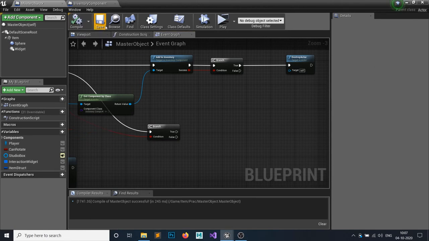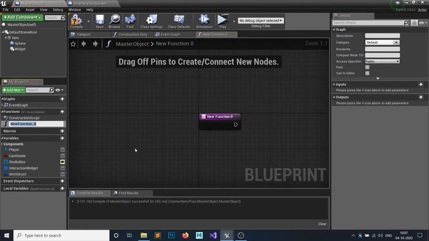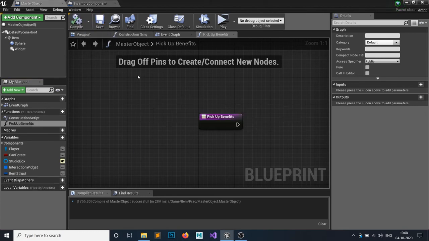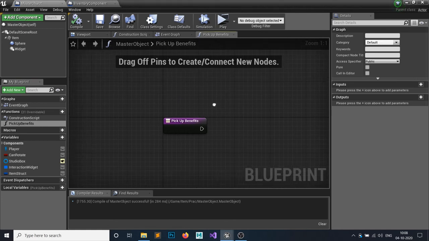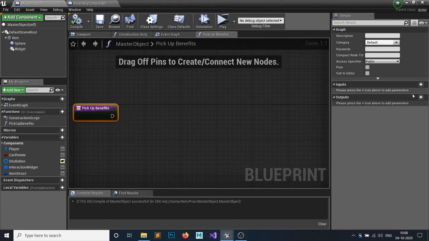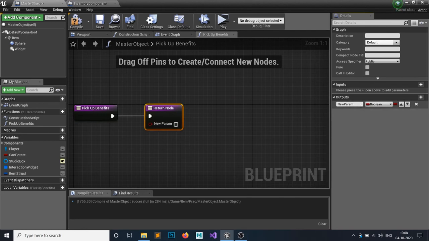So how are we gonna do that? Create a function in your master object, and I'm gonna call it pickup benefit. Hit compile and save. The pickup benefit has a return value, and I'm gonna just call it success.